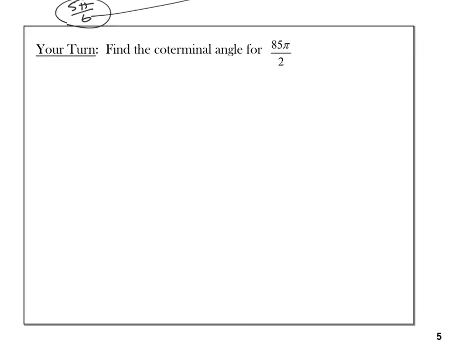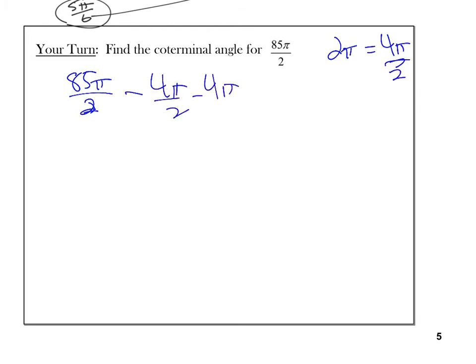So like here, if I took 85 pi over 2, are you seriously going to sit there and, you know, the equivalent 2 pi would be 4 pi over 2. Are you going to sit there and seriously go 4 pi over 2 minus 4 pi over 2 minus 4 pi over 2 until you get down to something? Absolutely not. That's crazy. So what I would do is convert this